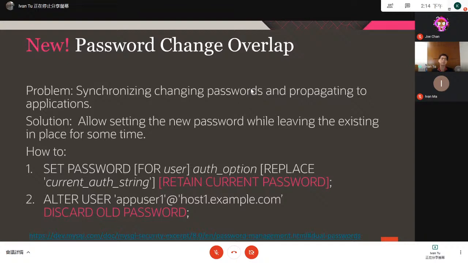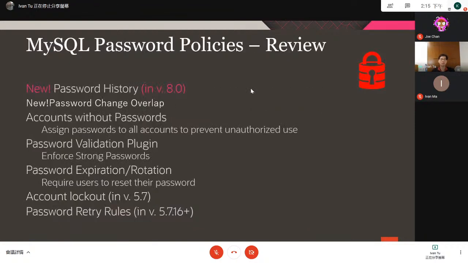Nowadays, we can have an interim period when we change the password, where we can specify that we retain the current password. So we can have a dual password: an old password and a new password. The old password is still able to access the database while we're in the interim period. And after a period of time, we can discard the old password and let the new password become effective